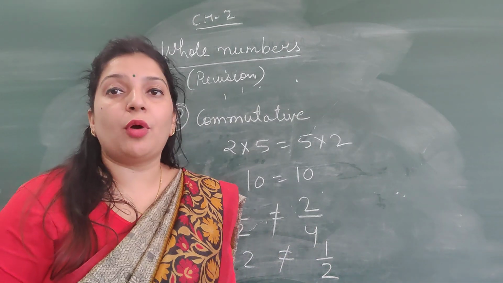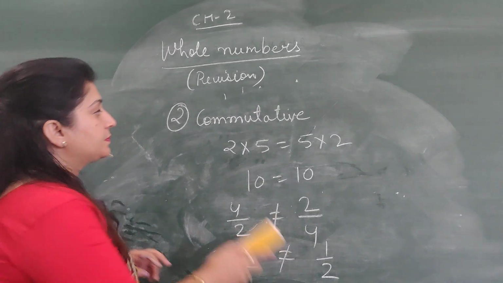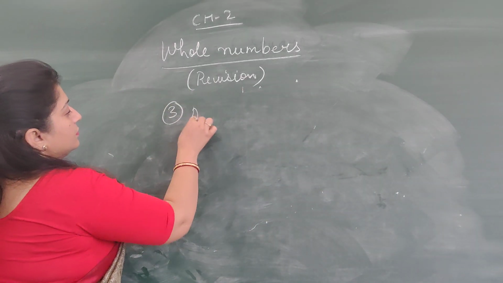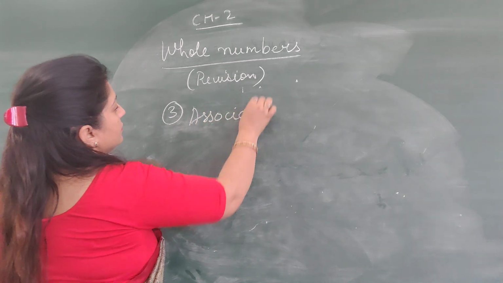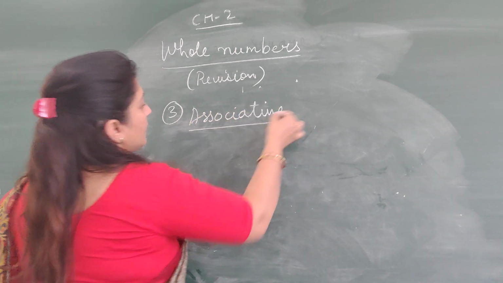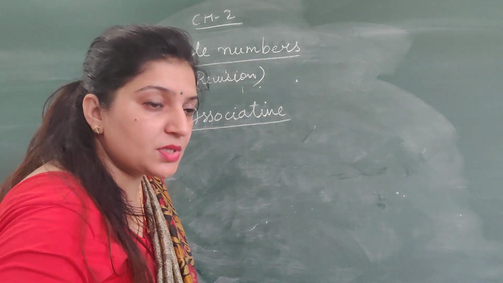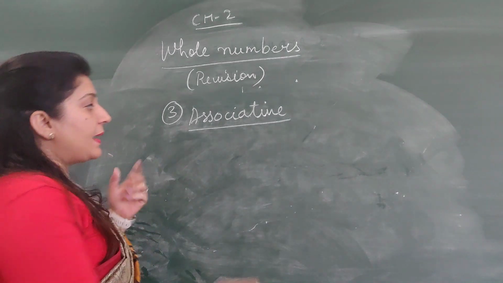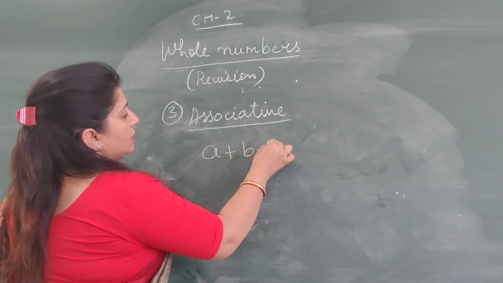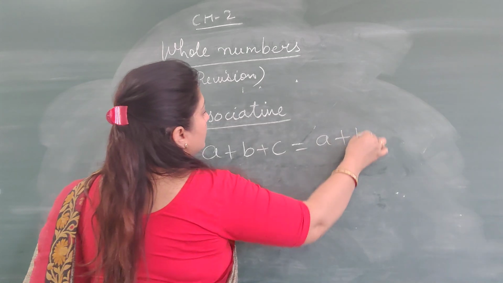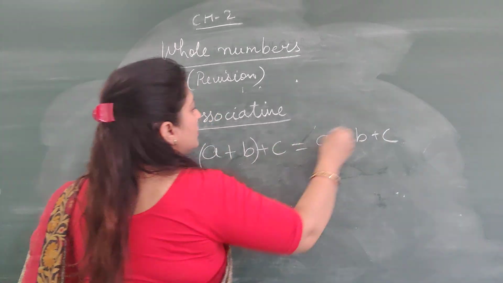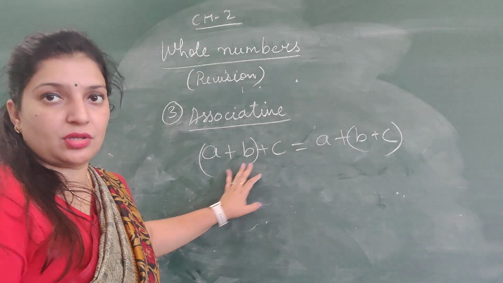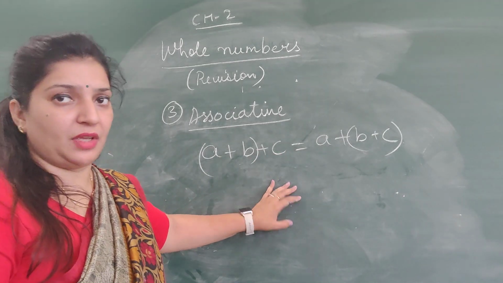Now let us come to the third property, that is associative property. Whenever we talk about the term associative, it is related to three terms. There should be three numbers. For example, if I have three numbers, what this property says is that if we arrange the numbers in any order,